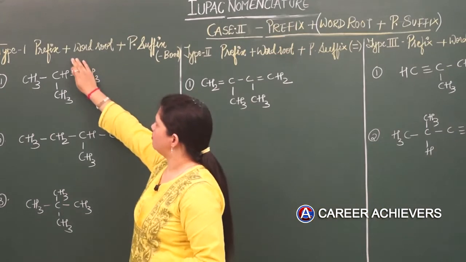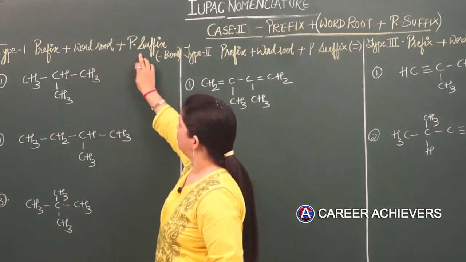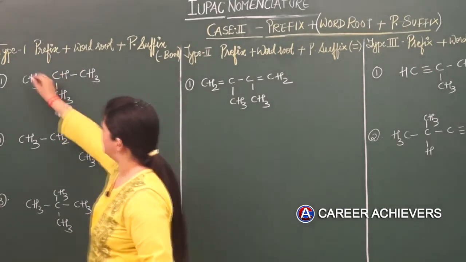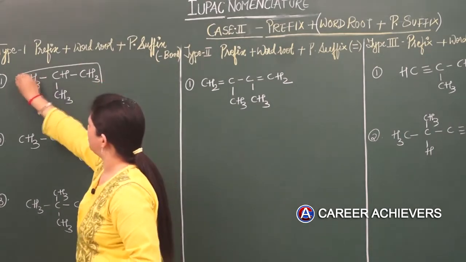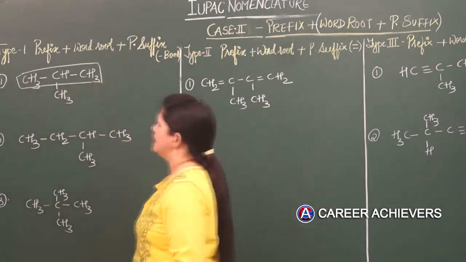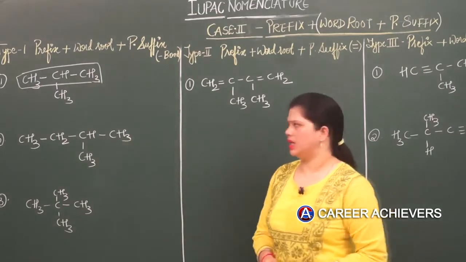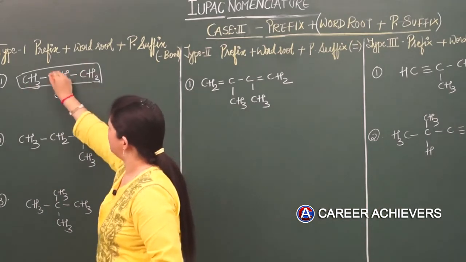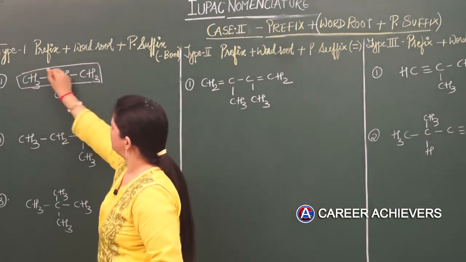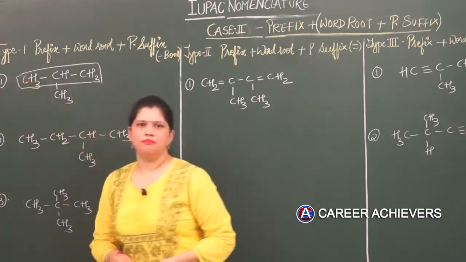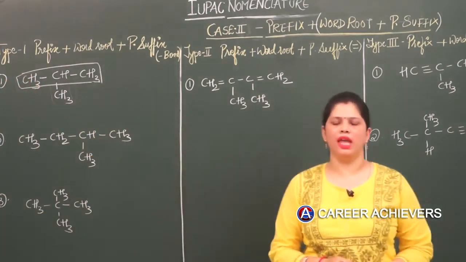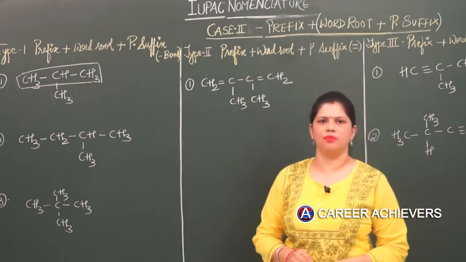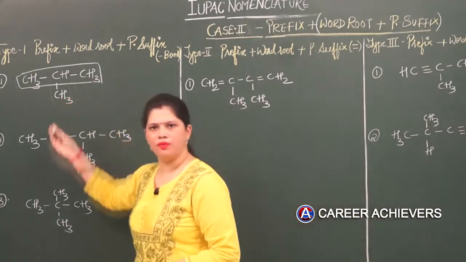So talking about type 1, when in relation to word root and primary suffix a prefix is also available, how is the nomenclature done? Again we need to select the longest carbon chain, right? For selection of the longest carbon chain there are two situations. Our longest continuous carbon chain can be this, or this, or this one also, right? But in this molecule we can make 3 such chains, and all 3 contain the same 3 number of carbons. So let me take the straight one only, right?